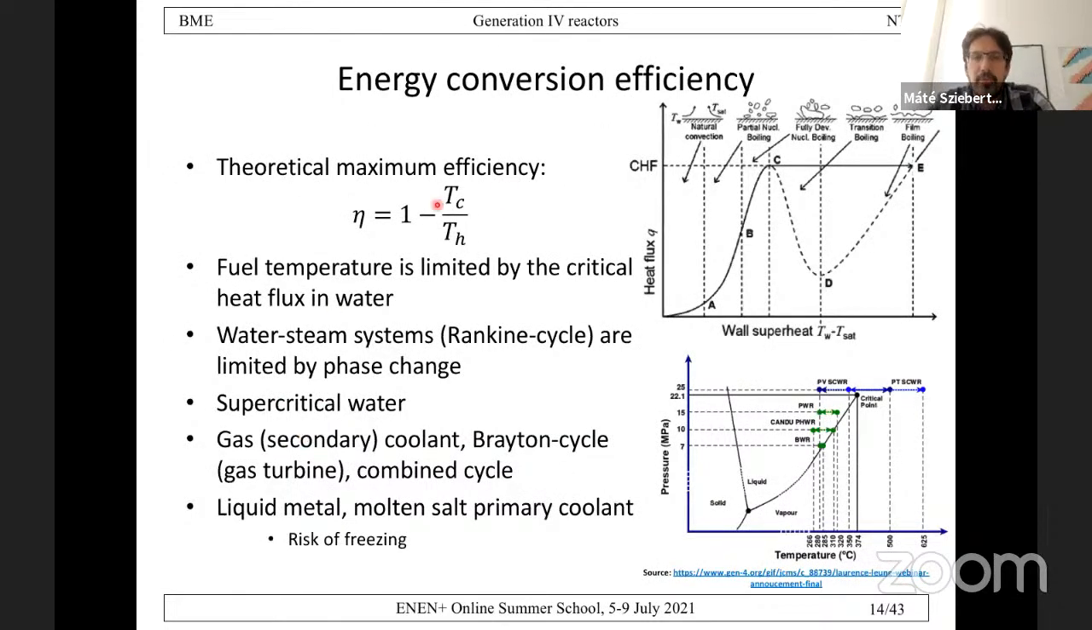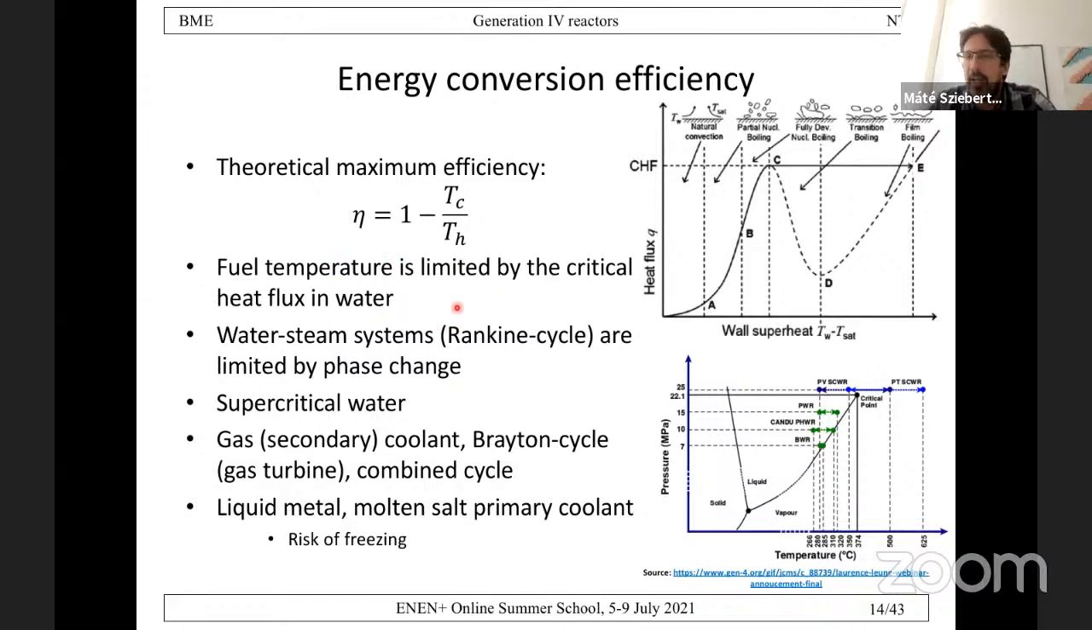Concerning the energy conversion efficiency, you may notice that the theoretical maximum of efficiency can be given by this formula. So this means that this temperature step from the cold temperatures to the hot part of the cycle has to be as large as possible. This practically means that you need to increase the hot part, so increase the temperatures in your energy conversion cycle. This is limited when you have water as